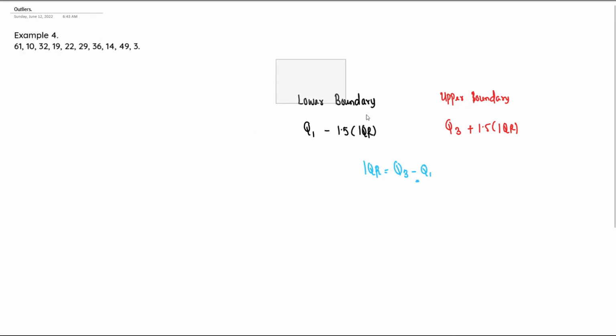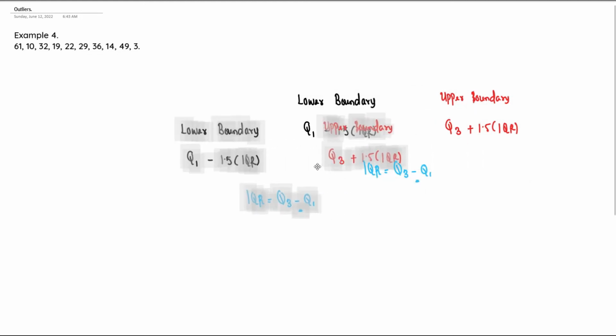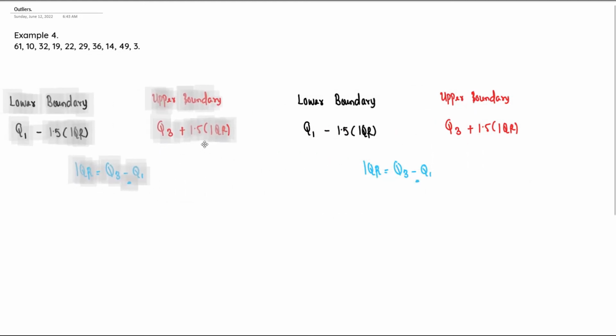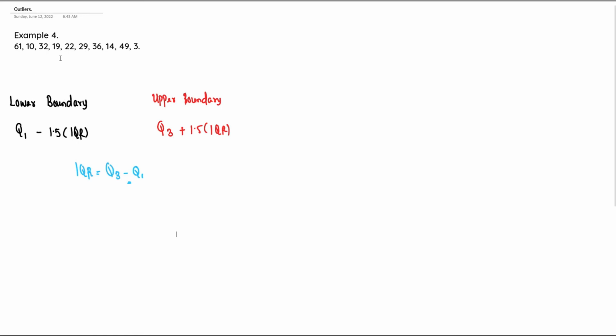So let's keep this somewhere here. We want to use the interquartile range to extract out the outliers present in this example 4 of ours. So we have 61, 10, 32, 19, 22, 29, 36, 14, 49, and 3. We can see that this data set of ours is a data set in the raw format, in the